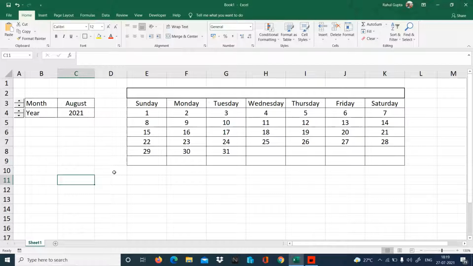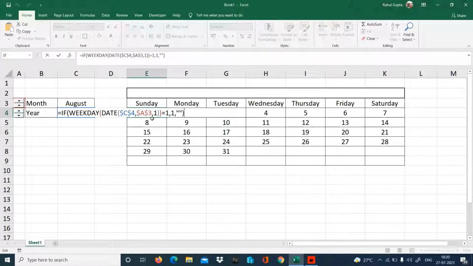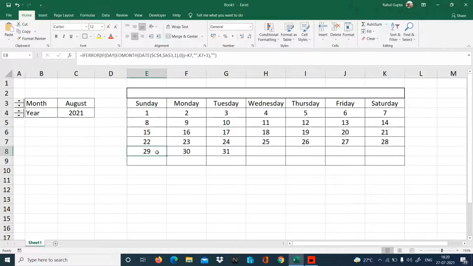Give a touch up to this calendar so that it looks a good one. Now you might be thinking why we are going through this calendar. As a productive value, if I talk about it, there is no productive value of this calendar. We are just using this to get to know how to work on complex functions. Complex function working we have to approach in this way, because you can see that we have made a complex function by adding a lot of functions. Here also I have used the same.